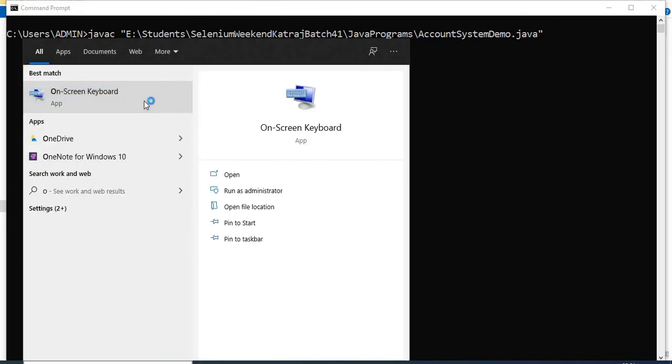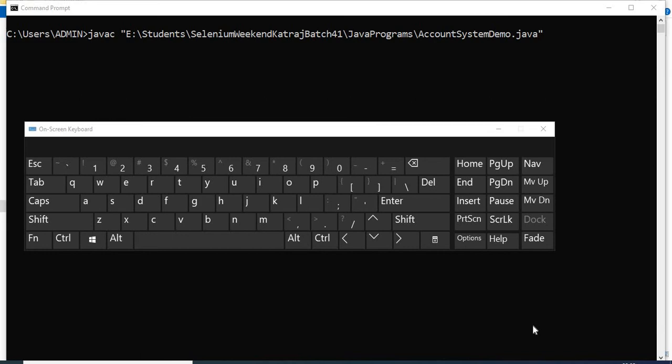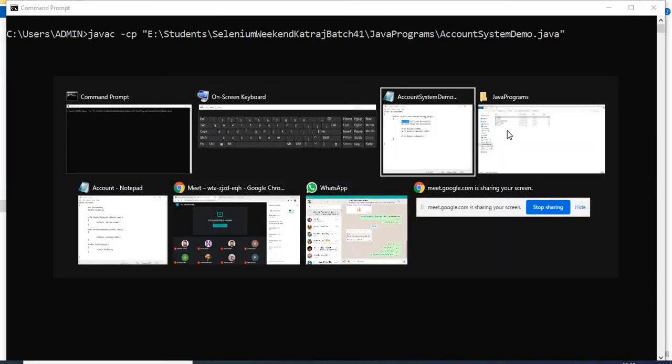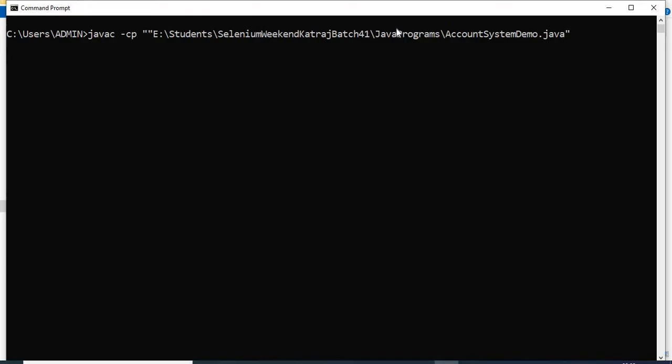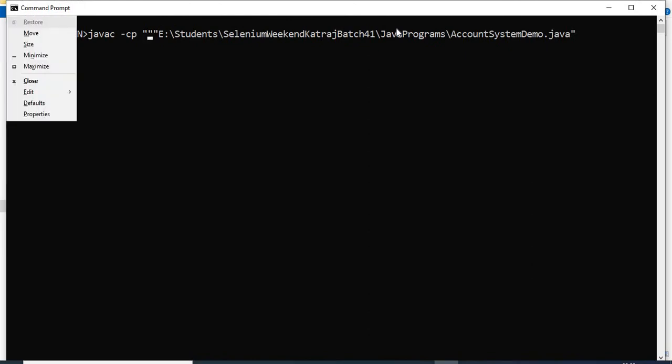I am using my virtual keyboard because a few keys on my keyboard are not working. So here I am typing hyphen, that is dash cp. Cp stands for class path, and we need to mention the path of this directory. If any folder in that path contains spaces, then the path must be inside double quotes.